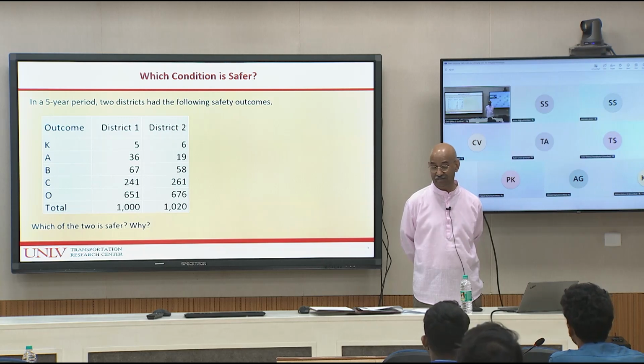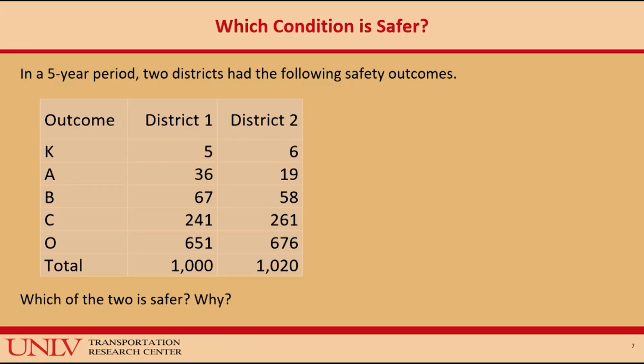So from a safety perspective, it looks like we have a mixed bag. Fatalities-wise, District 1 is better, but major injuries-wise and medium injuries-wise, District 2 is better. Total crashes-wise, District 1 is better. But every time you have a crash, we have secondary impacts, such as delays to traffic and so on. We haven't accounted for that, and in my discussions I am not going to account for it. More crashes means more disruption to traffic. I will get back to this a little later.